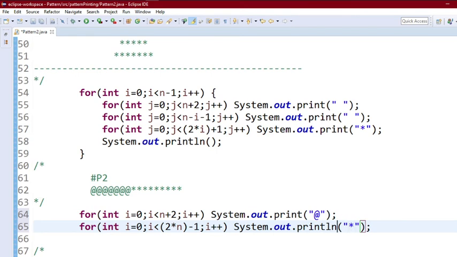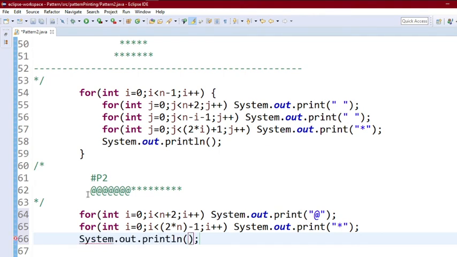And after printing this row, we have to again change the line, so we'll use this print for changing the line.